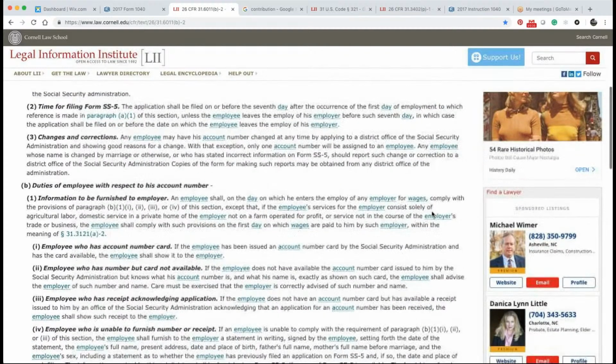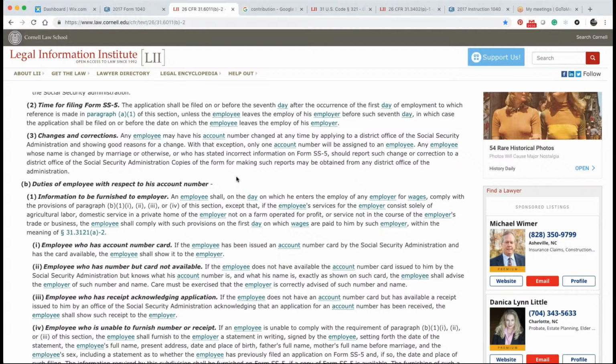Okay. Duties of employee with respect to his account number. 1. Information to be furnished to employee. An employee shall, on the day on which he enters the employ of an employer for wages, comply with provisions of paragraph B1, 1, 2, 3, or 4 of this section, except that if the employee's services for the employer consist solely of agricultural labor, domestic service in a private home of the employer, not on a farm operated for profit, or service not in the